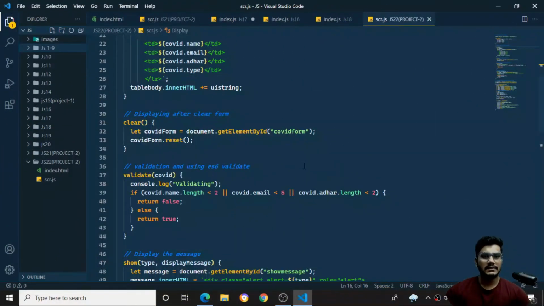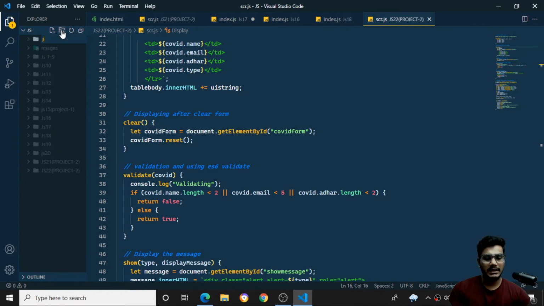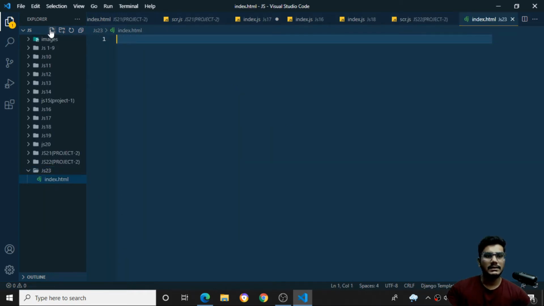Okay guys, let's start with the session. In the previous session, we have done the project, so kindly access the playlist. Here I'll create a new folder and name it JS23. In this JS23 folder I'll create one index.html file. Then I'll create one more file and name it